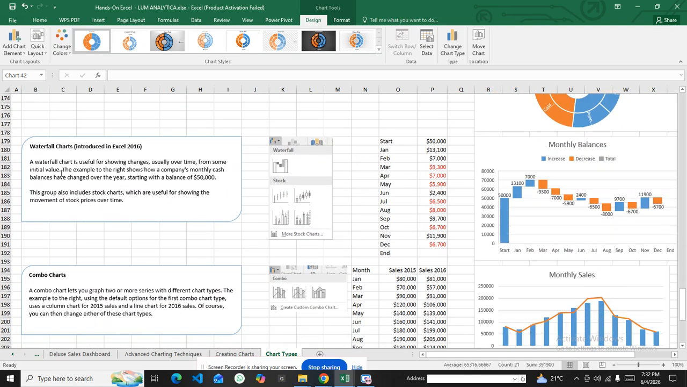My next chart is what's called the waterfall chart. Now, what's a waterfall chart? Just as the name suggests, a waterfall chart is useful for showing changes, usually over a given period of time. This will be gauged from some initial value, and we are able to monitor the trend over a given period of time. The example here on the right shows how a company's monthly cash balances have changed over the year, starting from a balance of 50,000